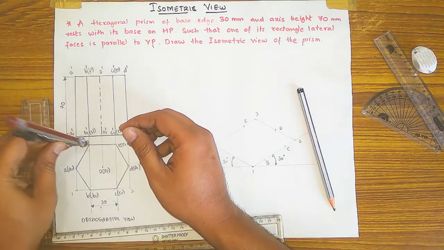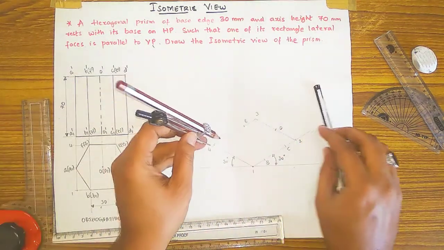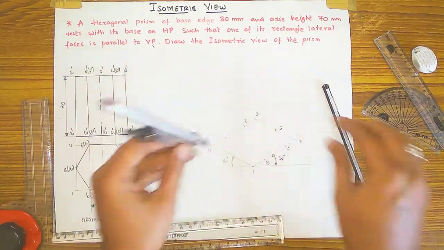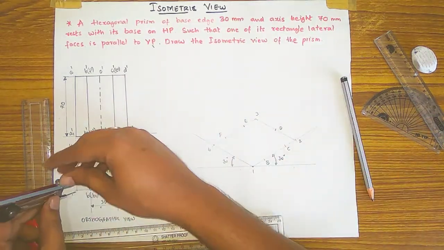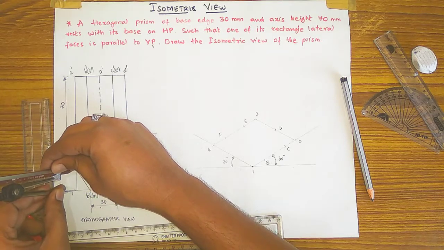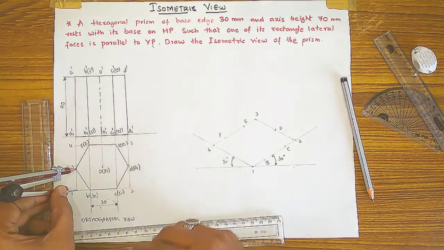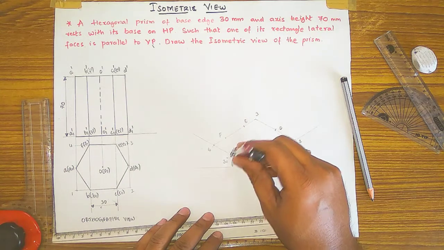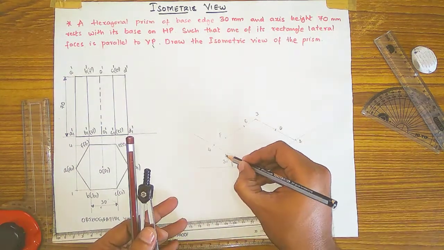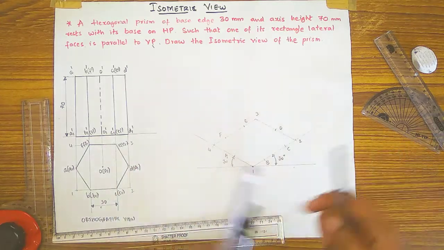And from 4 to F, and from 4 only I am going, and that point will be F. And from this 1 to 4 you will have only one point, that is A, adjusting or measuring the distance of that point and taking an arc like this, and this point will be A. All points you have removed.